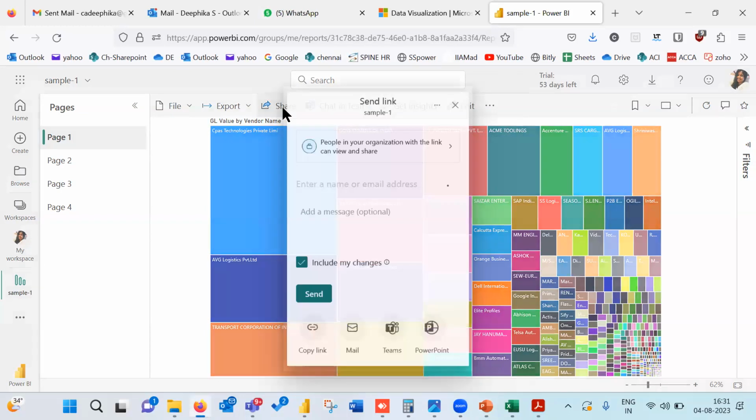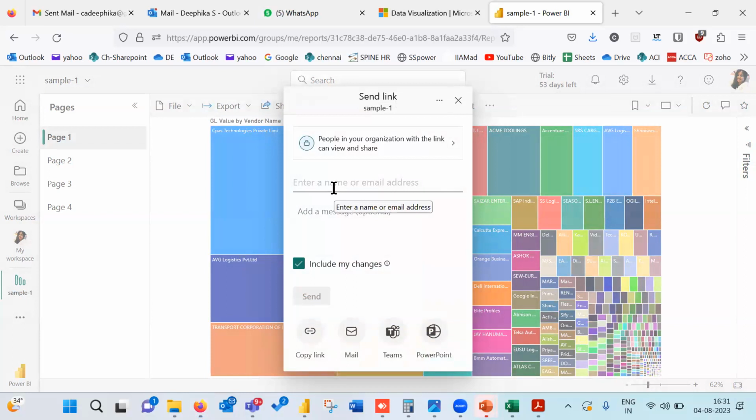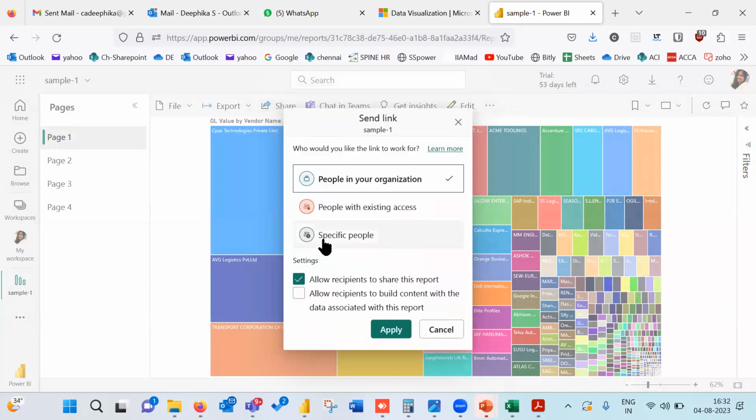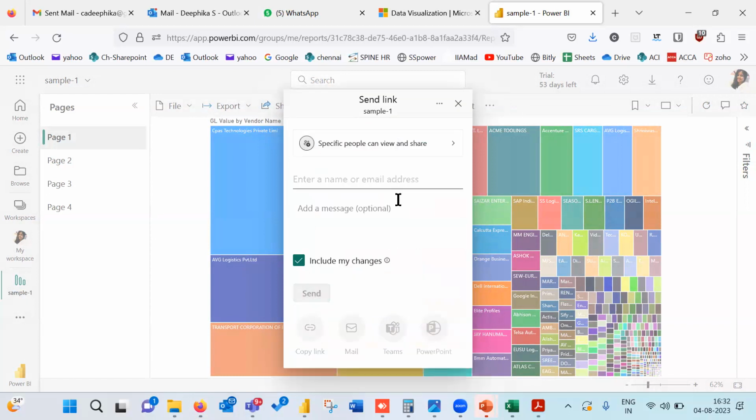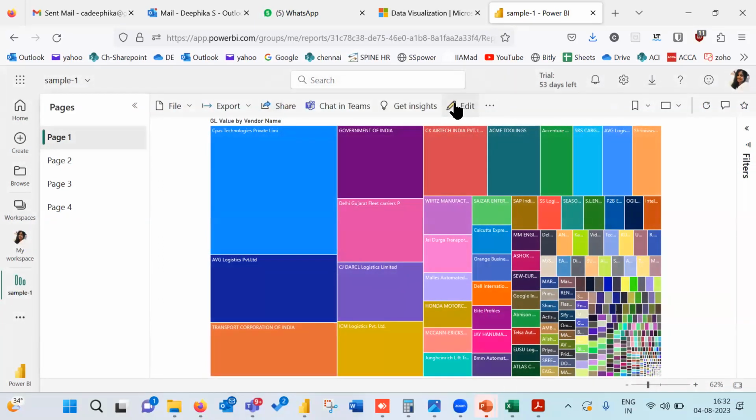Okay. Next is share. If you are in an organization account, it will be available for you to share within your organization only. So basically this is for MIS and for teamwork. Outside people it will not allow by default, but you can create specific access for someone to view, but for them it will be only view mode. You can decide if you want to give the edit option, but generally the edit option will go only to people within the same domain name. If you give it to some Gmail account, the edit option won't go. You can try, but when I tried, it did not go.